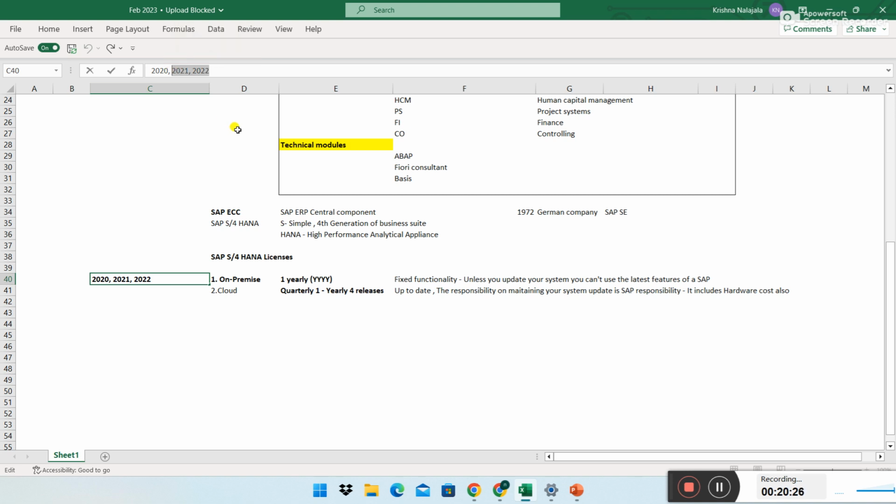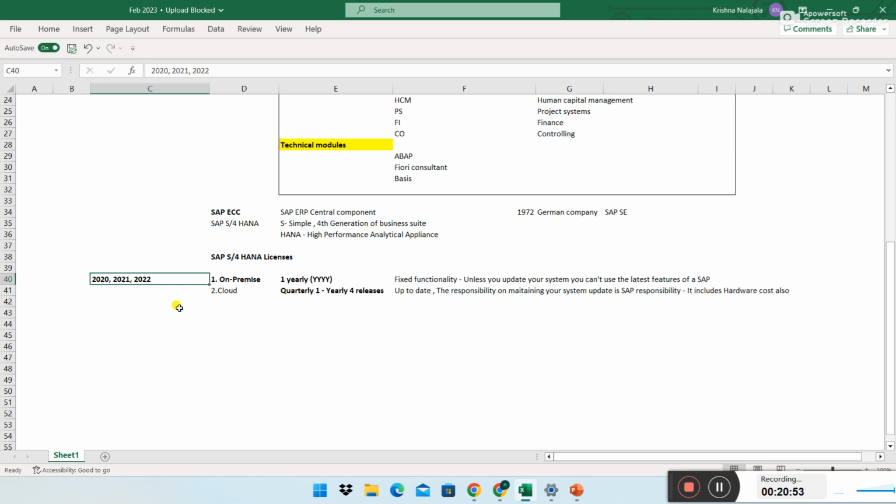Most businesses, if they are happy with this, will go for an on-premise release only, because compared with a cloud license this costs a little less. Every year there are four cloud releases. By combining these four cloud releases, we call it one on-premise release.